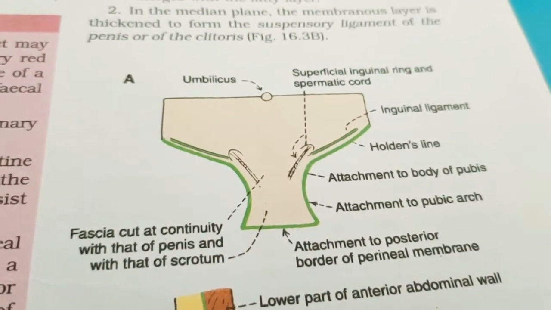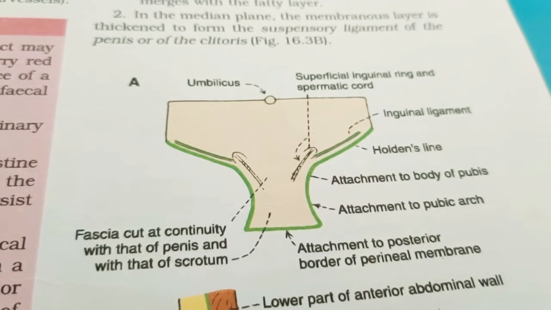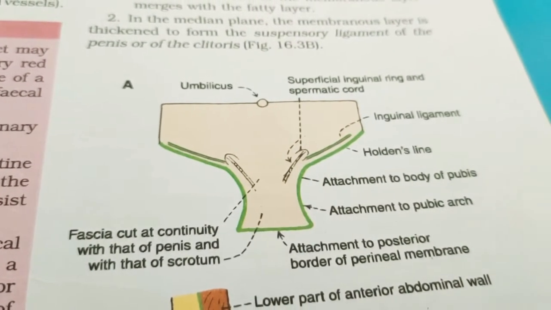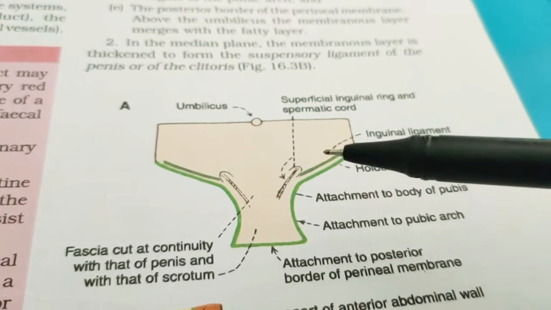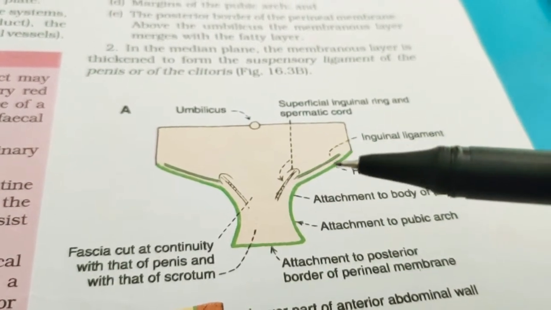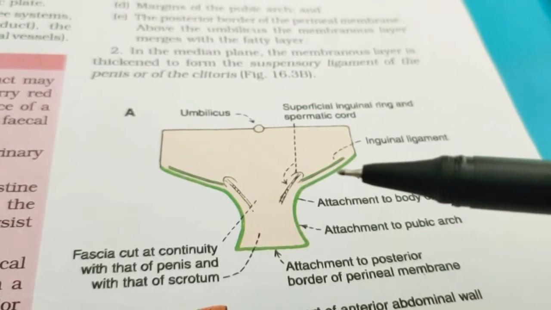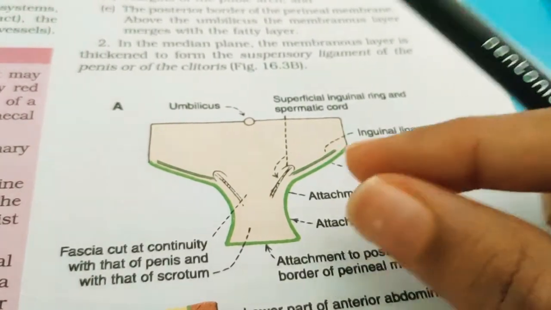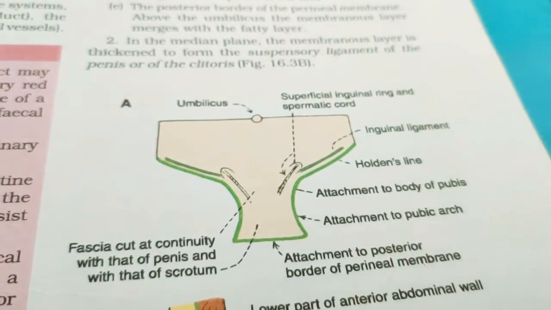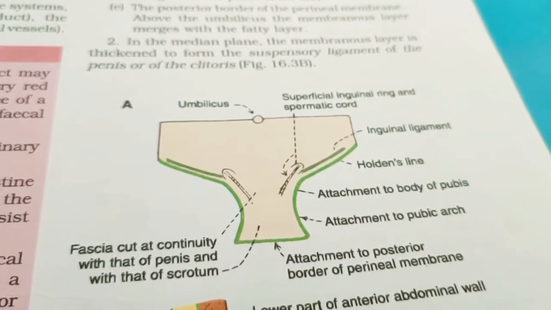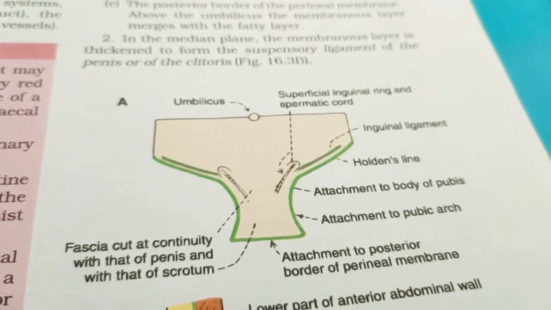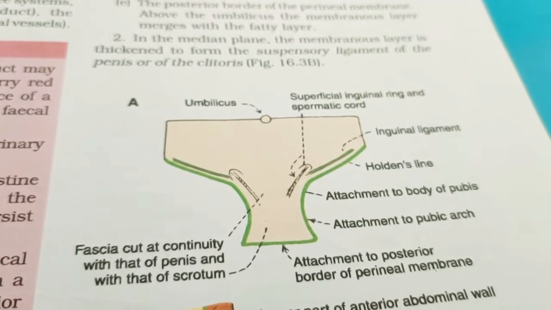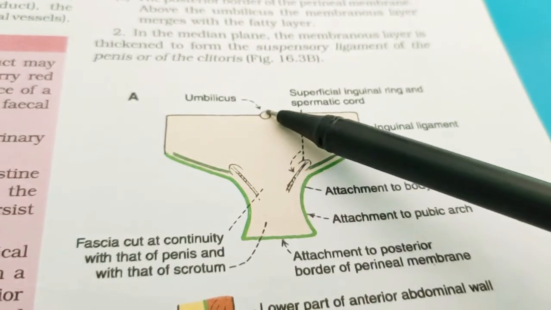Undue stretching may result in formation of whitish streaks in the skin of the lower part of the anterior abdomen. Actually, you can see some even in fat people, like stretch marks. I think you are listening to this word, stretch marks. That is nothing but if the skin has undergone a lot of stretching, then whitish marks are formed, which are called linea albicans. Okay, linea albicans. Now let us start our discussion on umbilicus.